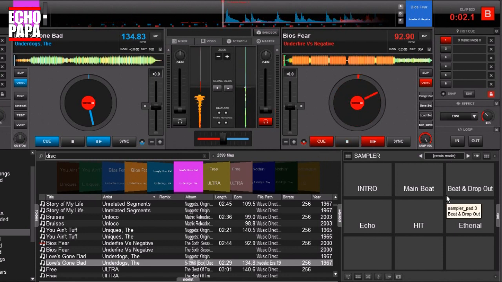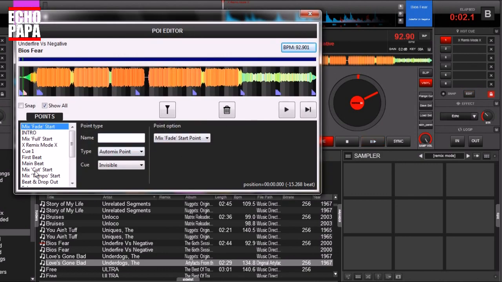Now, the one other thing that you may want to put in there, and this is completely up to you, is select. For example, let's select the deck over here. So now I have this deck selected. You can see that because there's no remix points in this first deck over here, the sampler is empty, and so we don't see these. So what you may want to do is edit. Go to